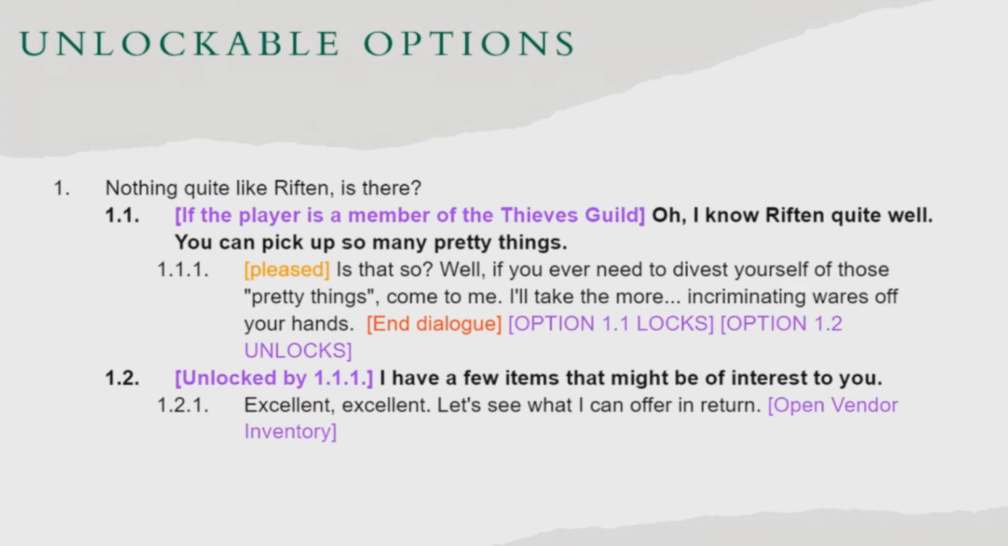So this is a great way to establish fences and other characters that have services that the player can use only if they are a member of a certain faction or have done a certain thing. There are a lot of other reasons to do unlockable options, but this is just a good example of how it could work. So your other option for unlockable things